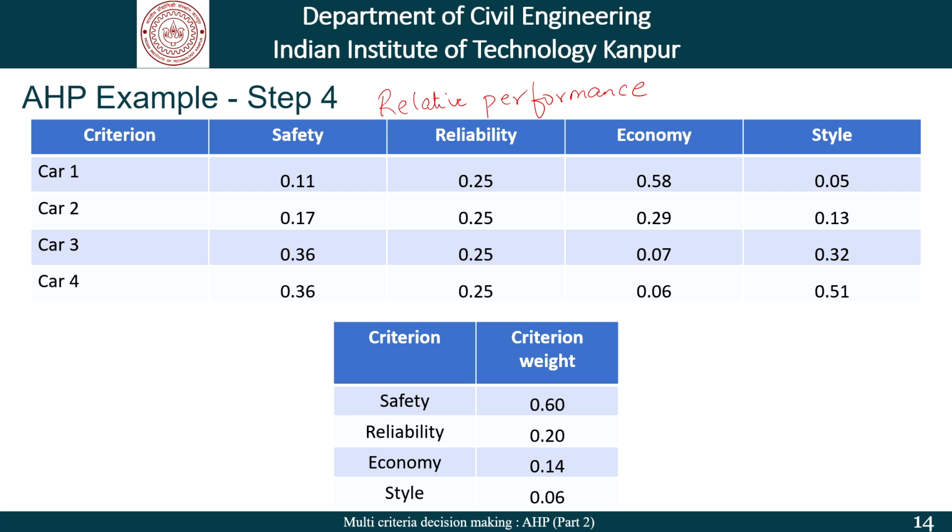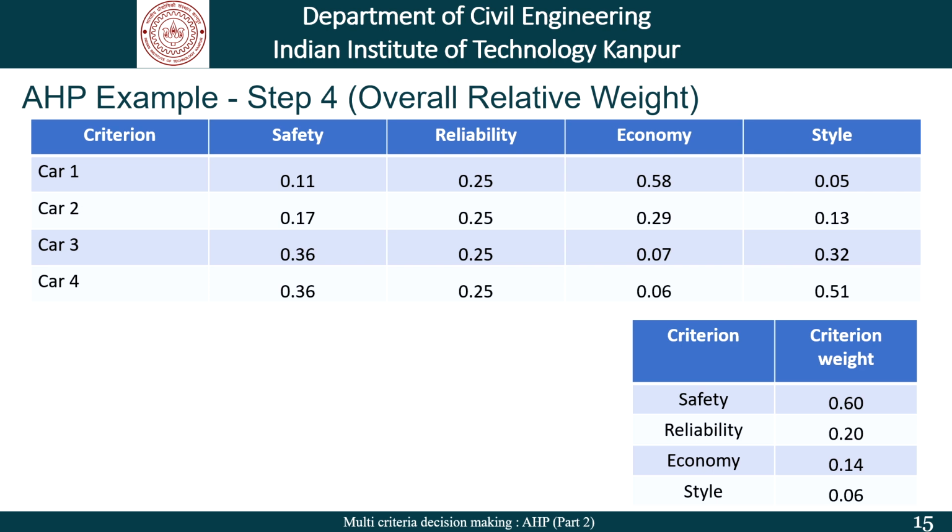We have not assigned these weights directly. We had used a pairwise comparison matrix to compare each of these criteria over another, and then using the Saaty scale and the concept of normalization, we had determined these weights. Now, the question is, once we have this information, how do we decide which car is the best for us? The way to do that is simple. We calculate overall relative weights. Overall relative weight for each alternative is calculated as follows.